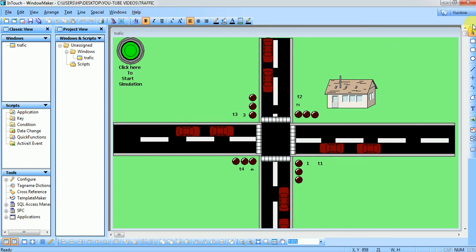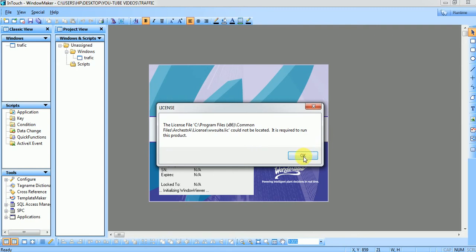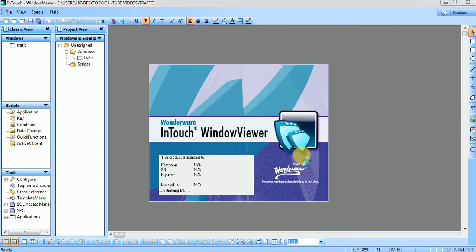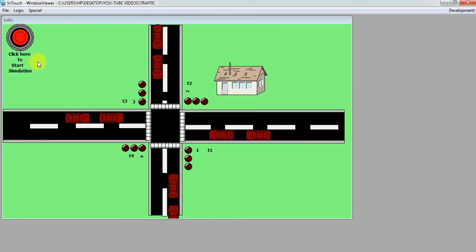Let's go to runtime. When we go to runtime, it will ask the same procedure, which we have to follow. Here you can see, click here to start simulation. When I click on the red button, our simulation will get started.